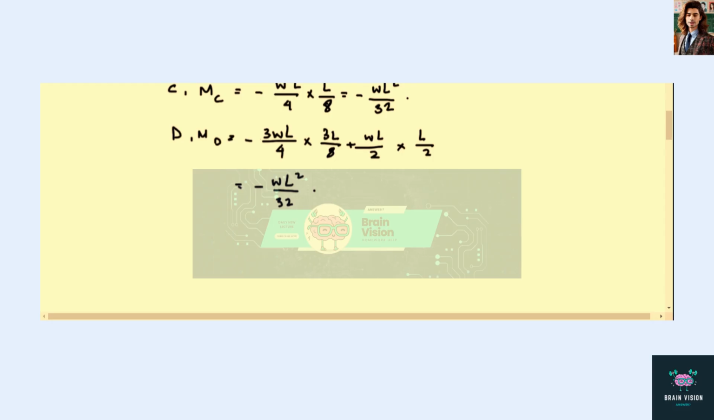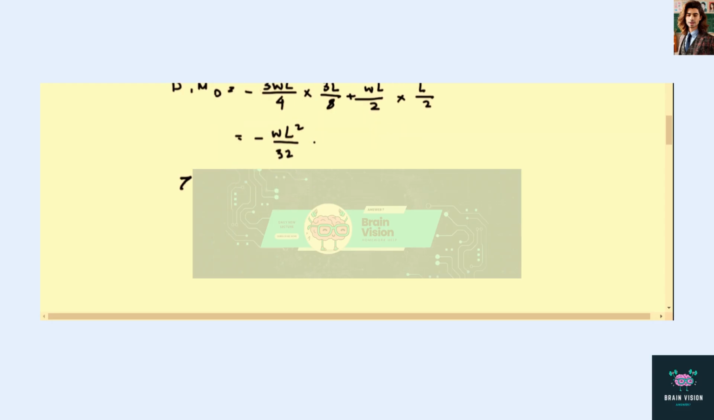Now the maximum shear stress tau m is 3 upon 2 multiplied by V max upon A. So let us substitute the values: V max is WL upon 4 and A is BH. This is equation 1. So this is equal to 3WL upon 8BH,